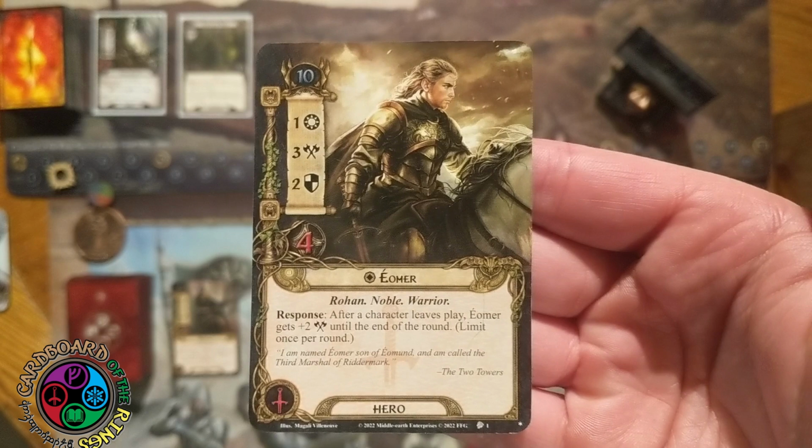We also have Éomer. He's amazing. I love Éomer. Tactics, 10 threat, 1/3, 2/4, Rohan Noble Warrior. Response, after a character leaves play, Éomer gets +2 attack until the end of the round. Limit, once per round. So you can see the synergy there. Ethereal puts this ally in play, committed to the quest, then it leaves. Éomer now is attacking for 5. So that works really well, and it's very fun, but there's a problem with it, which I will get into